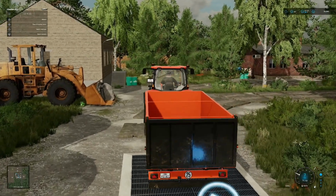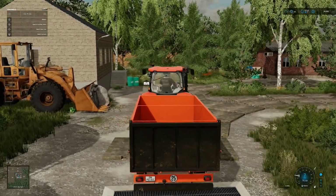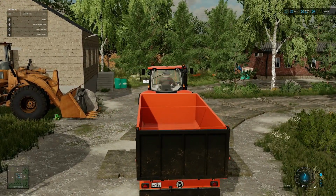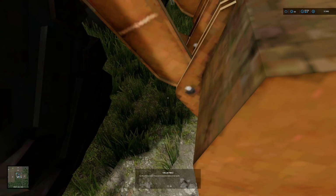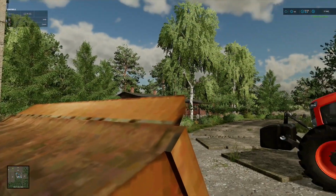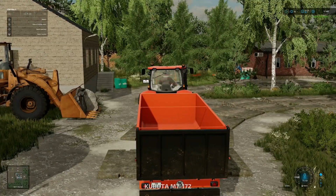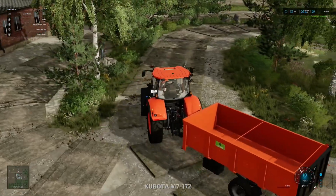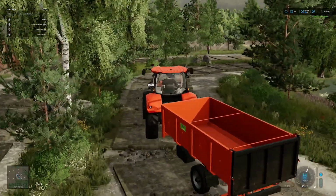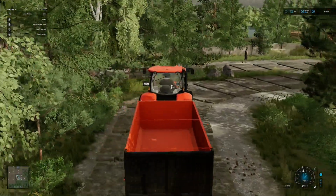While I'm here, if you look to my left, I just spotted a little collectible. Isn't that neat? So let's pick this up, an extra $1,000. Super duper. So let's hop back in the tractor. I'm gonna drive on back to the farm, drop the trailer off, and then we will see about renting a liquid fertilizer, liquid